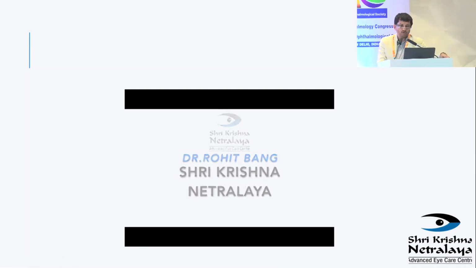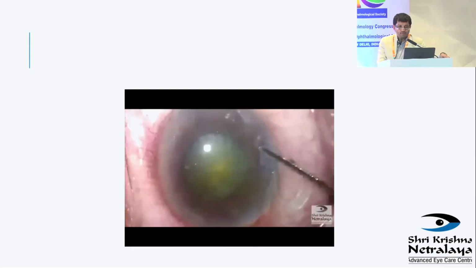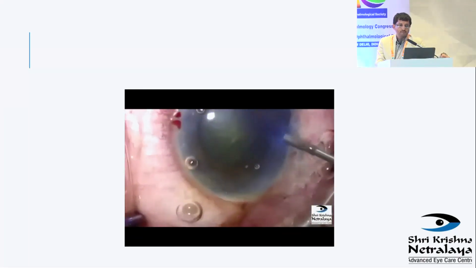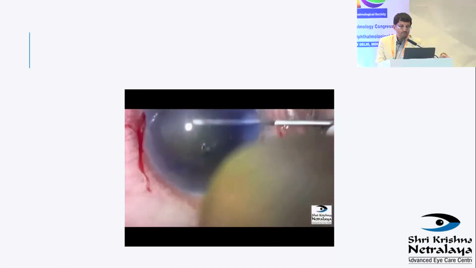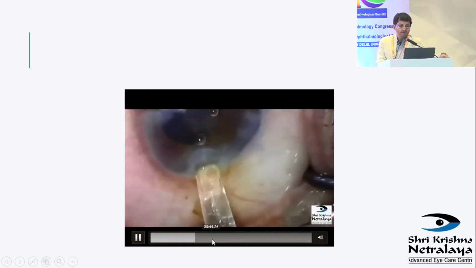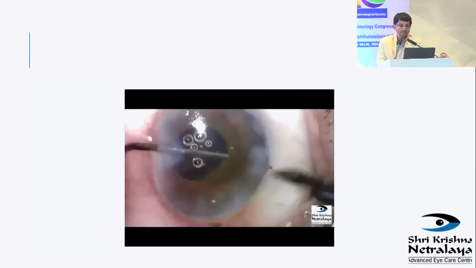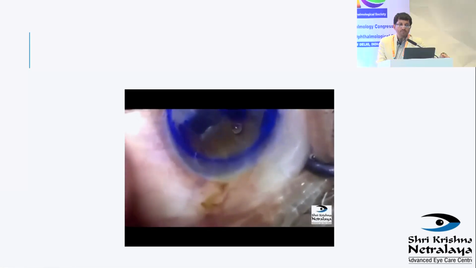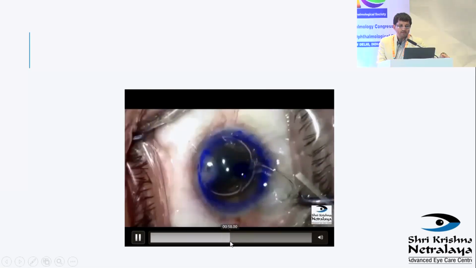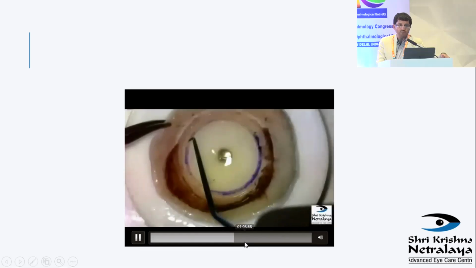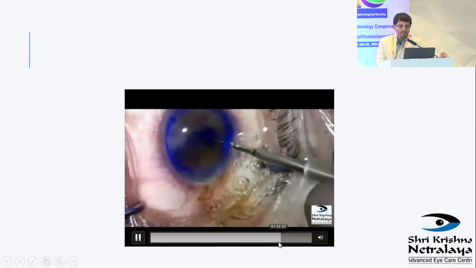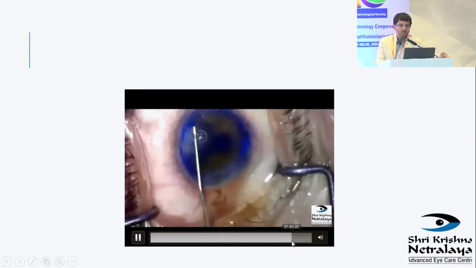The phaco DMEK, what you can see is the procedure could be simple. We are going to discuss here, as long as it goes well, a phaco triple procedure in endothelial dystrophy and advanced cataract. As you can see in this patient, once we remove the epithelium, we run through the routine phaco. Phaco is performed with routine lens implantation, trying to keep our incision small, and then we do the Descemet stripping like in routine DMEK. A very important part is the dissection of the endothelium as a 10 mm graft so as to hook the Descemet donor graft. Then comes the insertion of the graft and proper unfolding